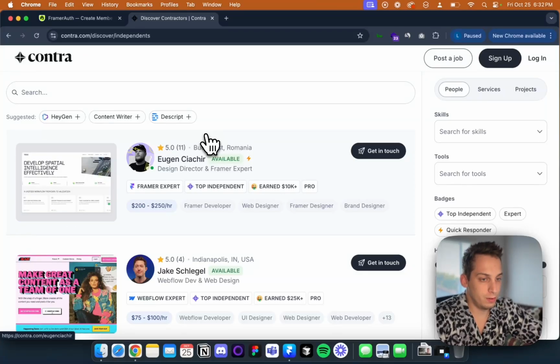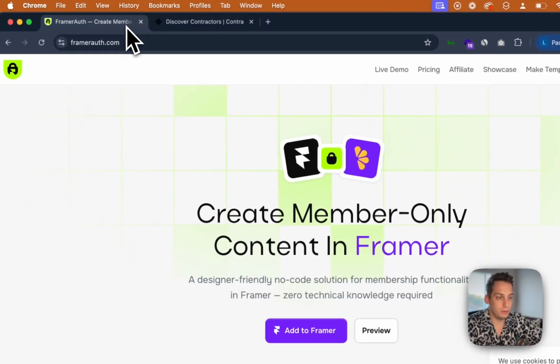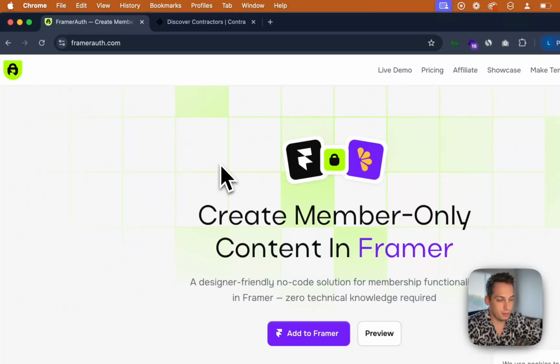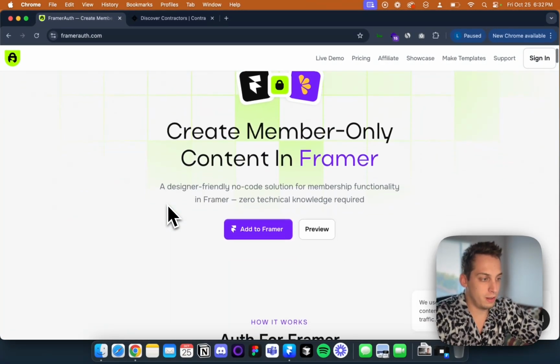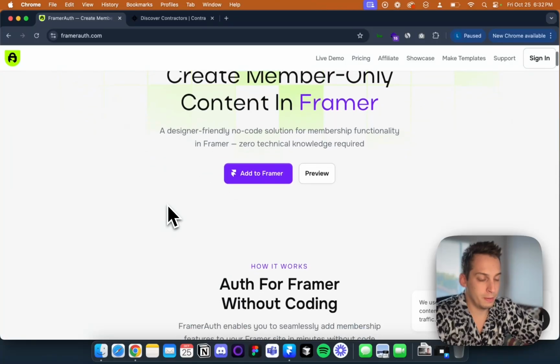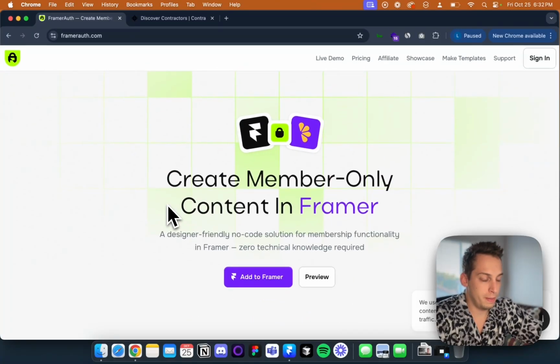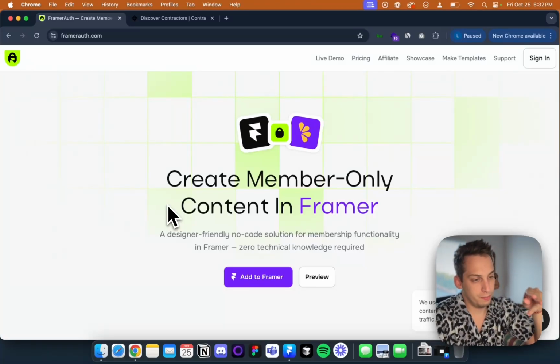So I've discovered this new tool. I mean, it's not really new, but I think it's about a year old. It's called FramerAuth. And basically, what I want to do is use FramerAuth to create authentication, create a landing page using Framer, add authentication, and behind that authentication, you would get